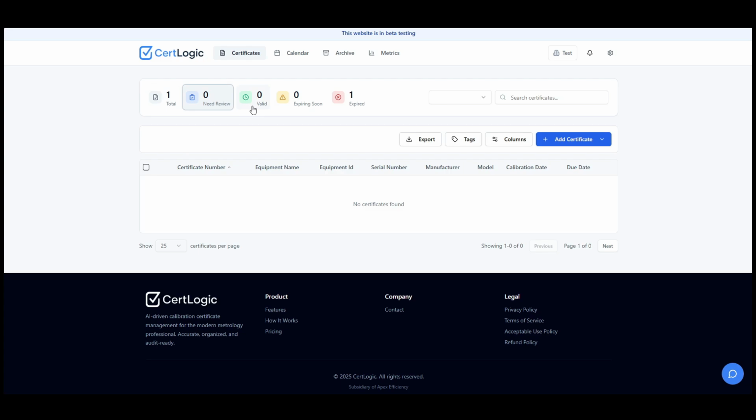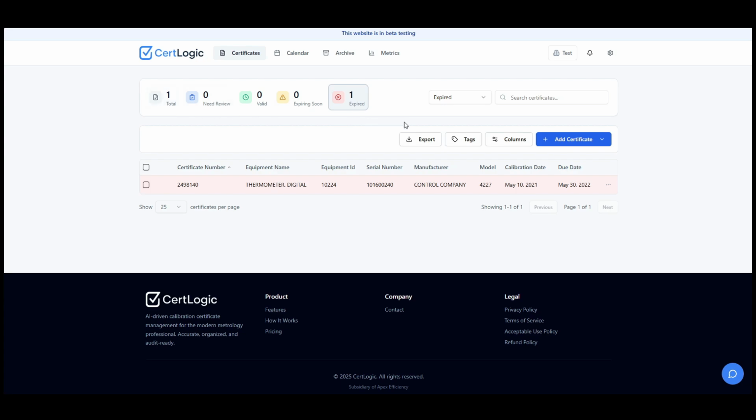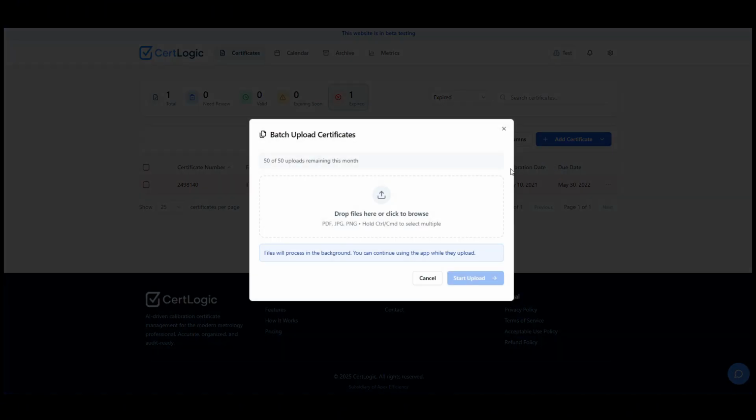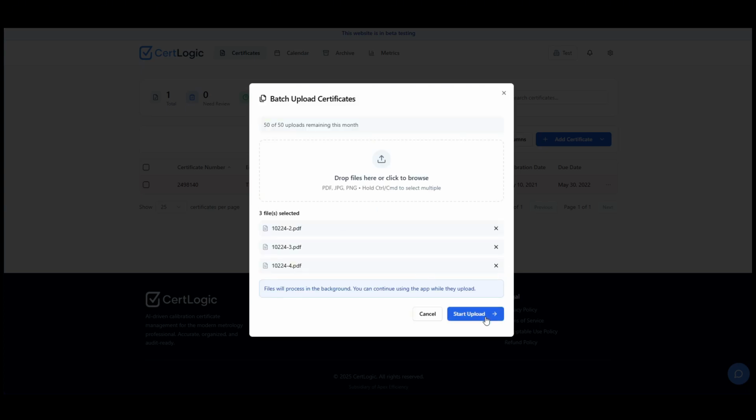You can also view valid certificates, expiring soon certificates, and overdue/expired certificates. To upload more certificates, click the Add Certificate button, choose Upload Certificate. Here you can drag or drop single files or batch files. In this case, I'm going to be drag and dropping all the historical documents for the asset we've already introduced